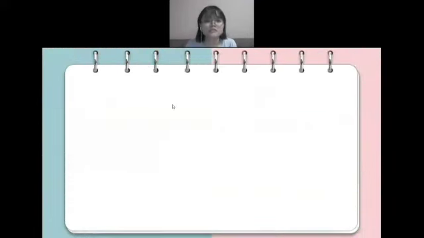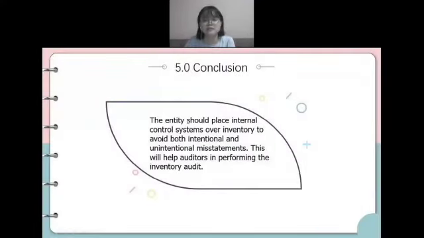In conclusion, the entity should place an internal control system over the inventory because inventory occupies a large part of the asset, and the inventory usually is very valuable, so the company needs to take good care of this inventory. And if the company has a good internal